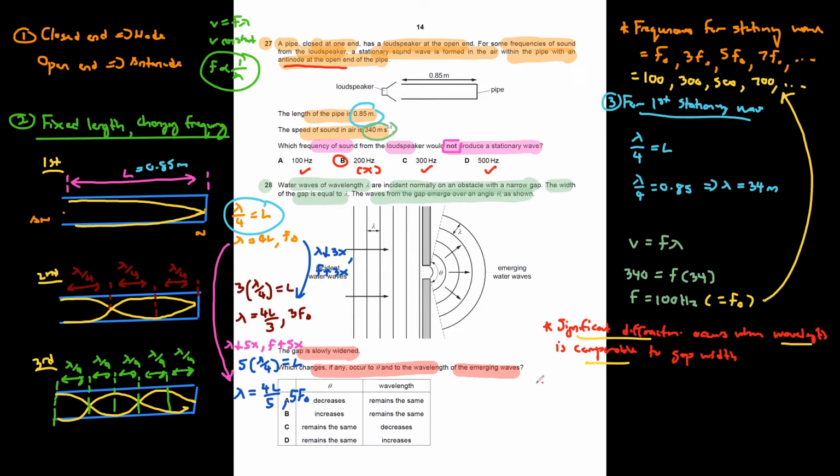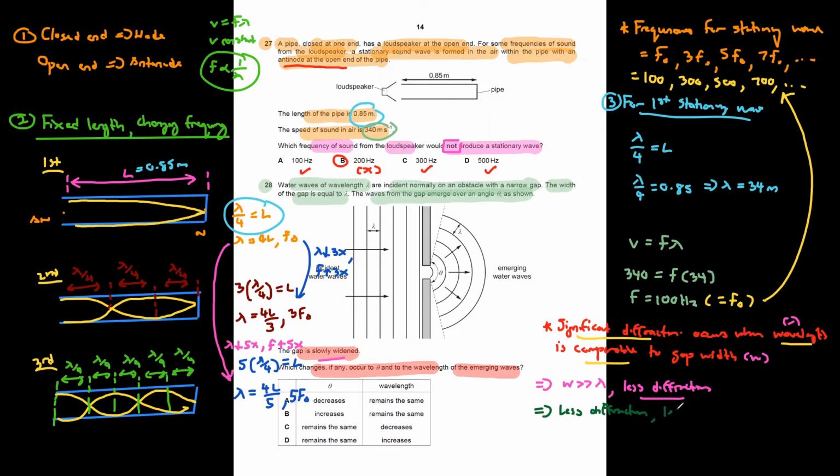So in my case, let's just call the gap width W and the wavelength lambda. If the gap width is now progressively larger than your wavelength, you will have less diffraction. Okay. If your gap width is slowly widened, it's going to be more than your wavelength now. So you will have less diffraction. So from there, there are two things that you can conclude. If you have less diffraction,